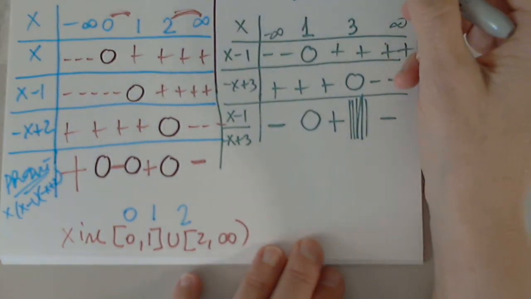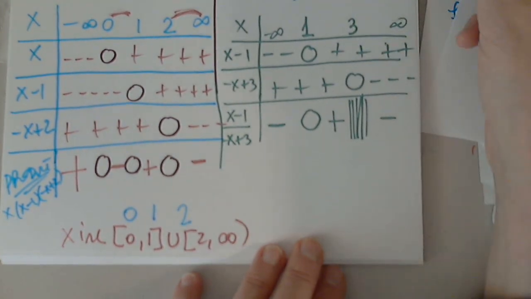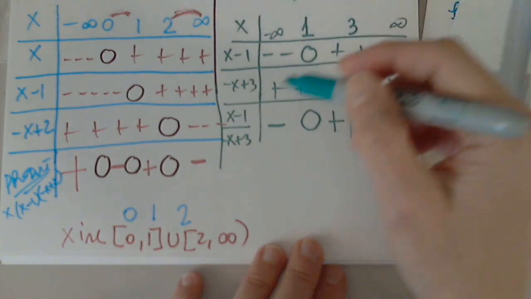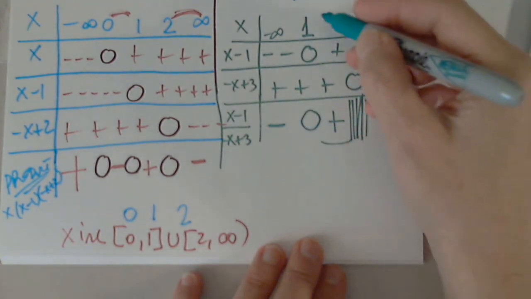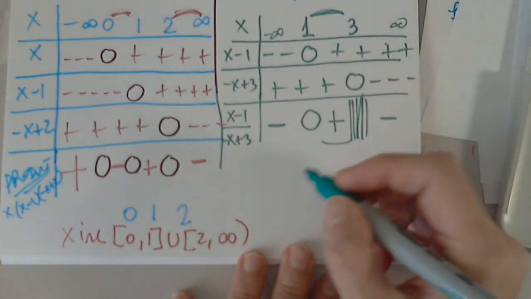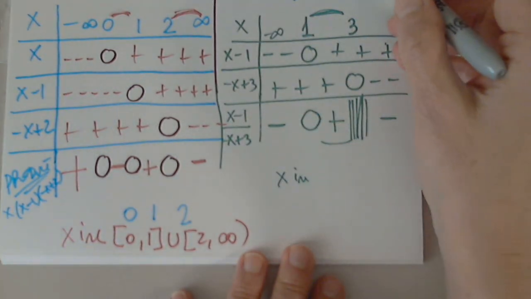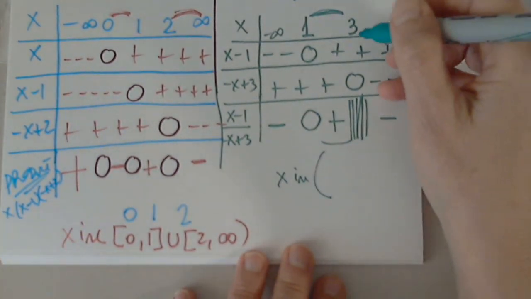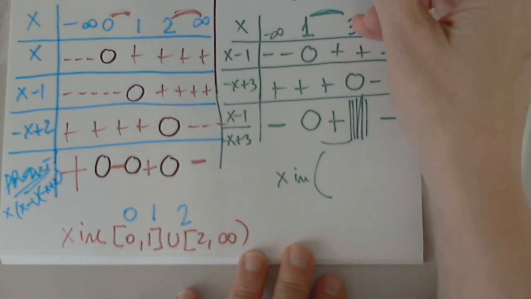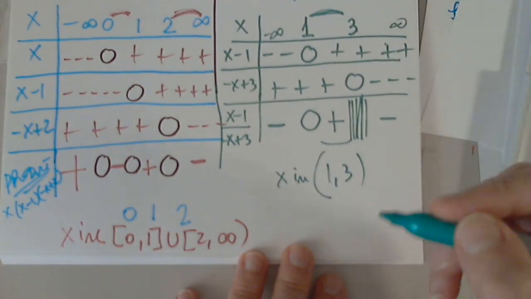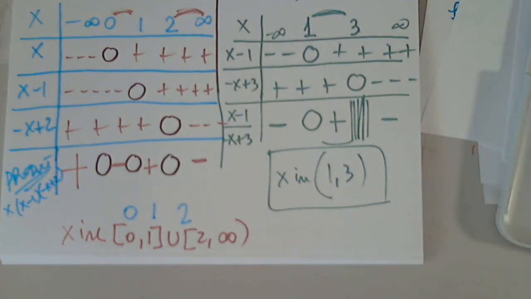So now what do I want to find? X values that make this expression to be positive. Right here, which is this. So then x in the interval, I cannot choose 1 because I don't have equal symbol, and I can never choose 3 because it's undefined. And this is the way we solve